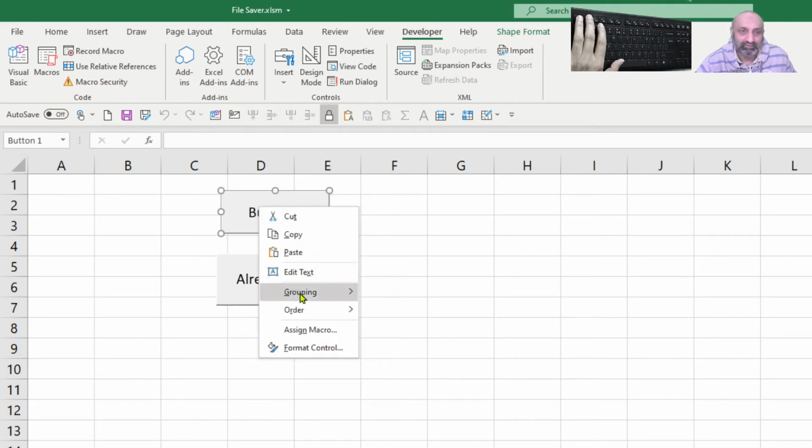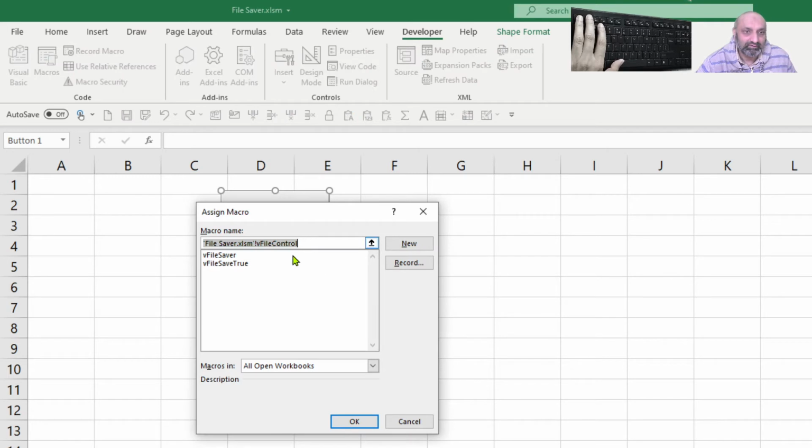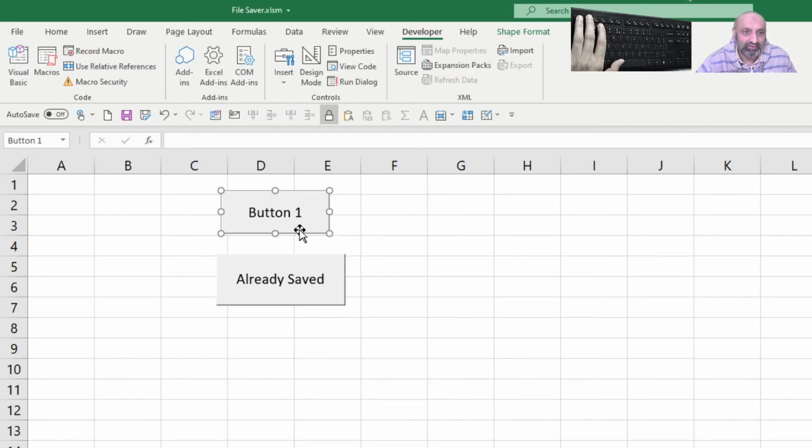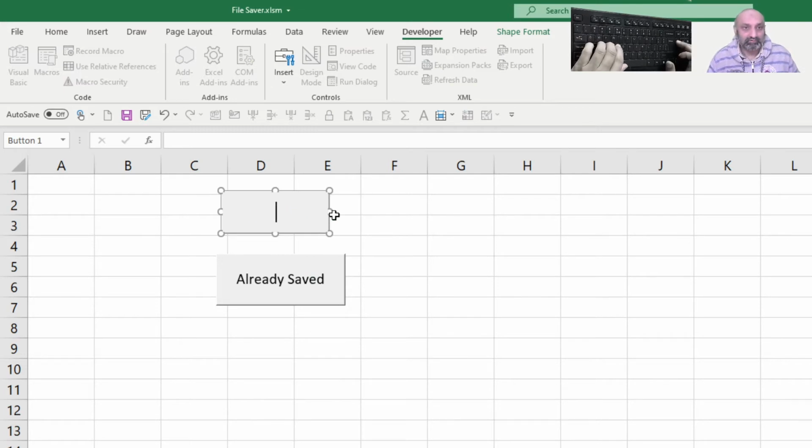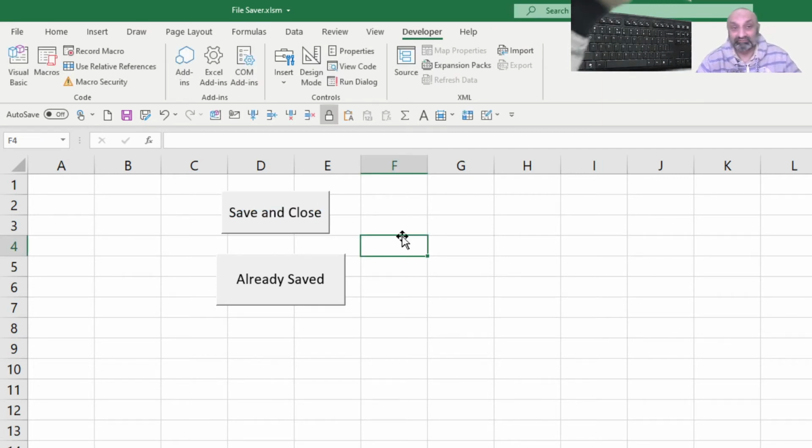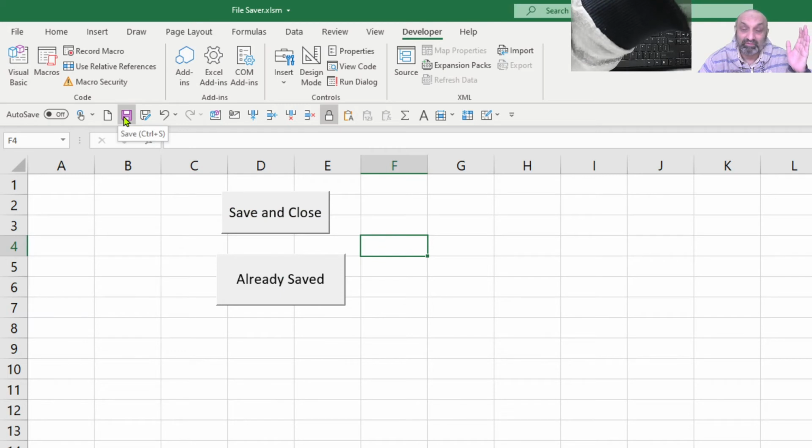You can see it, right? Yeah, FileSaver. Okay, and change the text to Save and Close, and then save the file once, because if I say already saved and close, my changes will not be